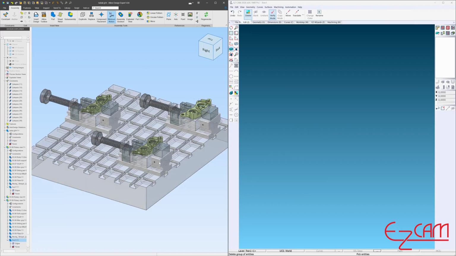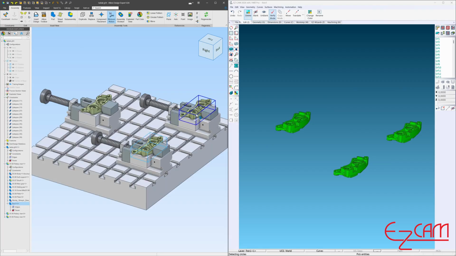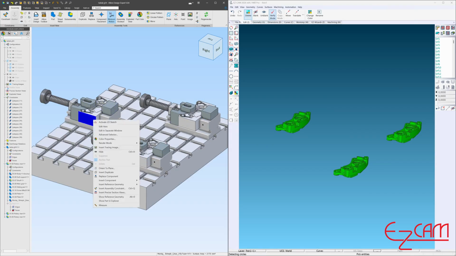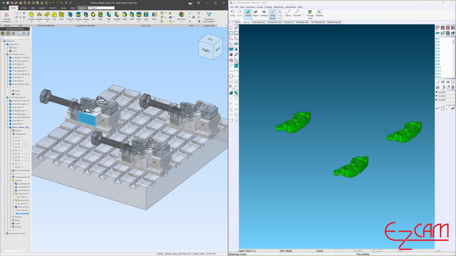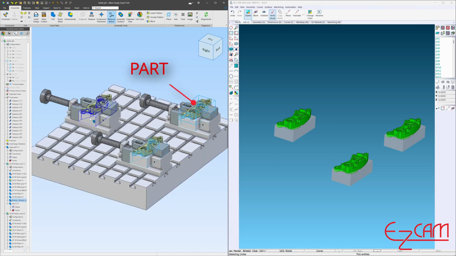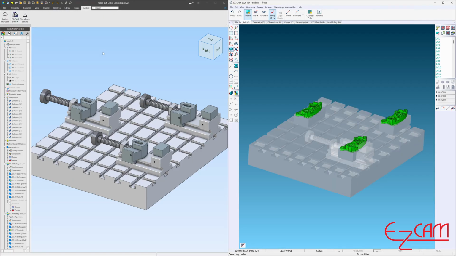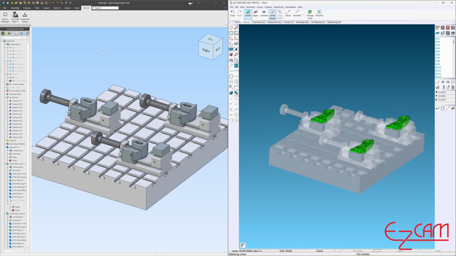To simplify this workflow and make working with assemblies more efficient, we've introduced significant improvements through our integration with Alibre Design. In the latest version, the EasyCAM add-on for Alibre enables a direct, reliable, and user-friendly transfer of part, stock, and fixture data from an assembly environment. You can now select the specific part to be machined directly from within the Alibre assembly, easily define clamping elements and fixture components, and send everything with a single click to the EasyCAM workspace. Let's now take a look at how these improvements enhance the CAM workflow.